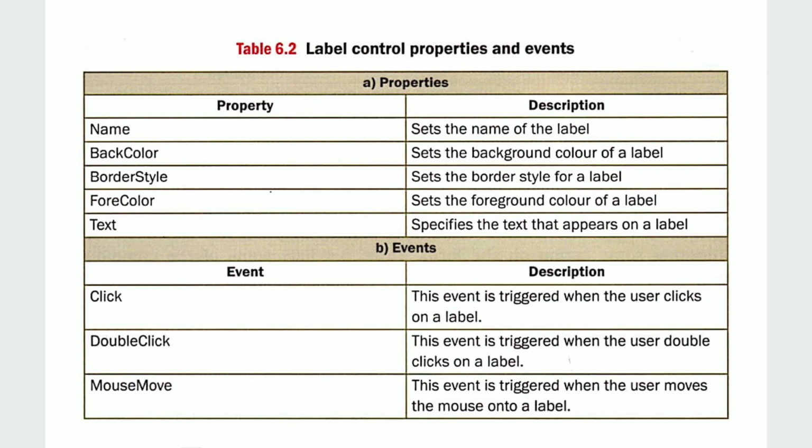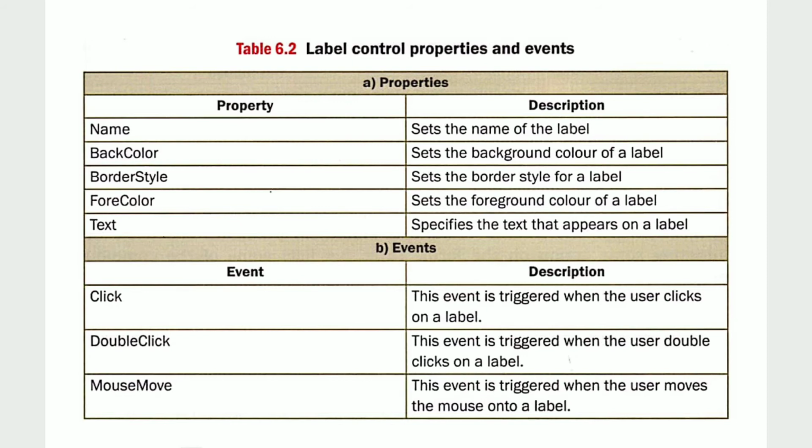Next property, as I described right now, is the text property. This text property is used to edit the caption for the label. If we want to specify the text that appears on a label, then we use the text property. There are also some properties like font. The font property is used to set the font style and size of the label. Another property is appearance property. This appearance property can be 3D or flat.